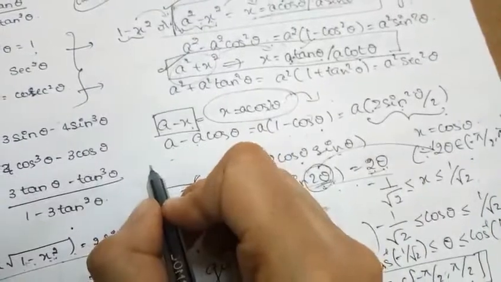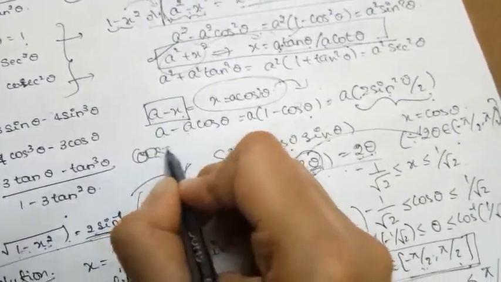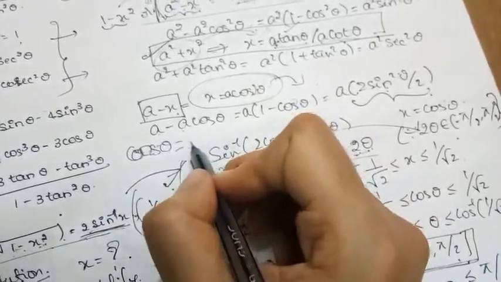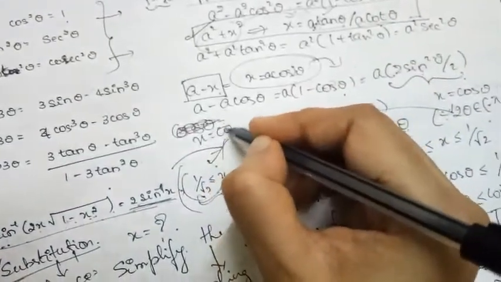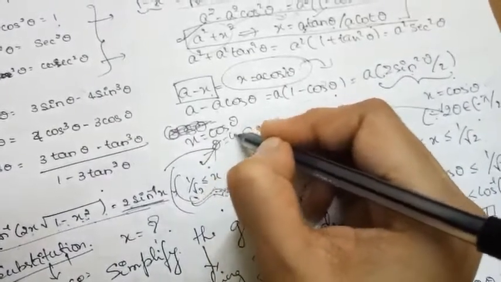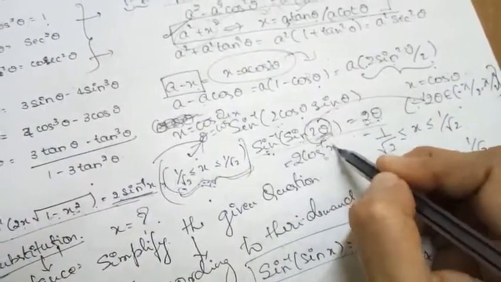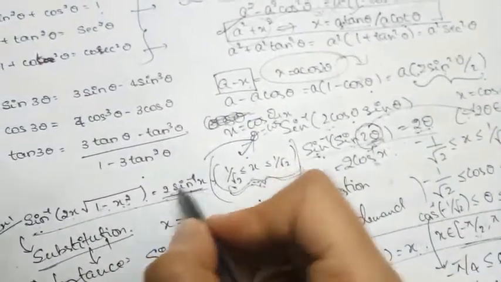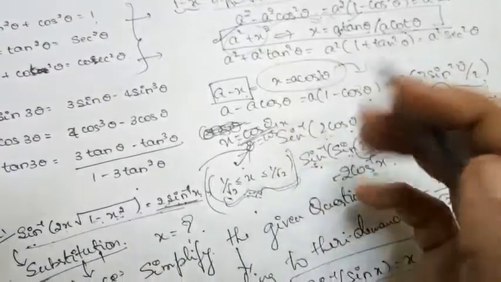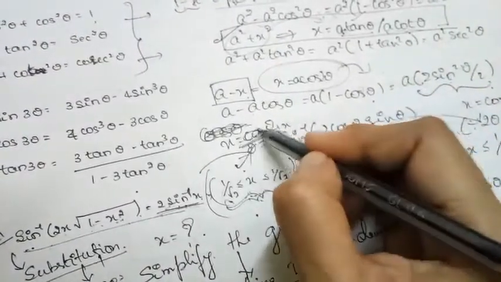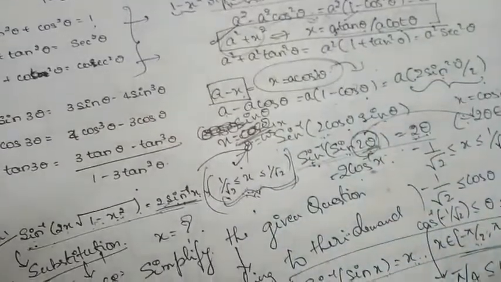Here we have taken x is equal to cos theta, so theta is equal to cos inverse x, but we got 2 cos inverse x. This is not required here, we needed sin inverse of x. Suppose if we take x is equal to cos theta, it is not going to be satisfied, so we need to take x is equal to sin theta. So this is how we need to generalize.